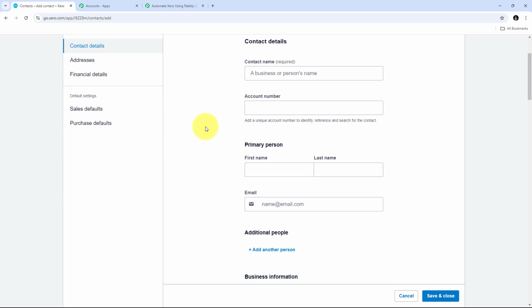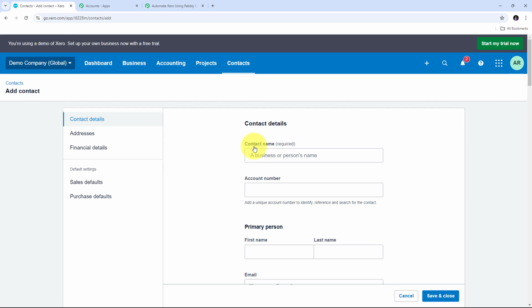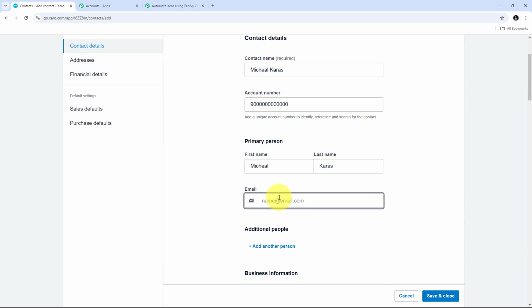And here I need to fill all the details of my contact. So first I'm going to give my contact name, that is going to be Michael Karras. I can give an account number, so I'm going to give a random account number. Now I have to give the first name, that is going to be Michael. Last name will be Karras. I have to give the email address. So the email will be